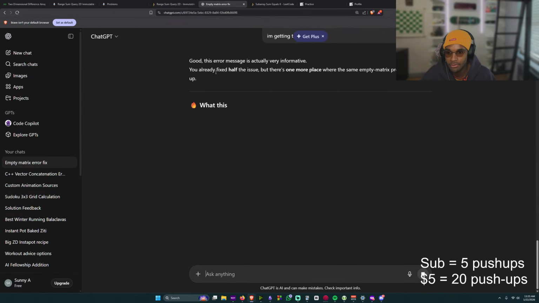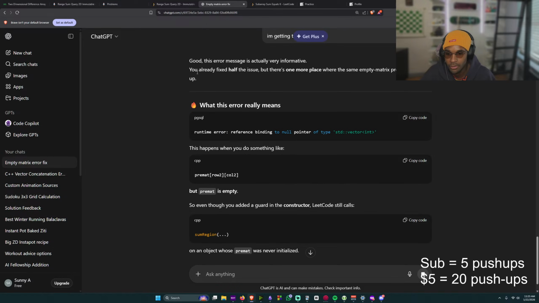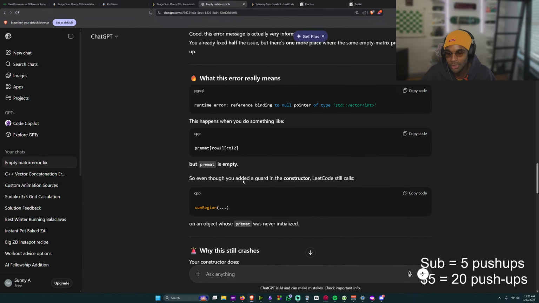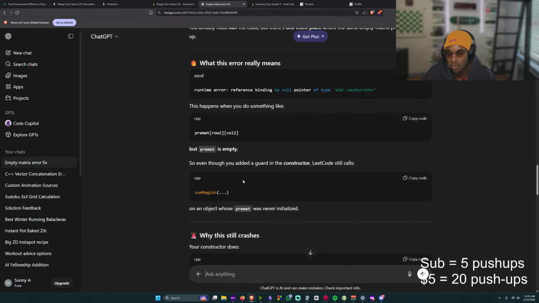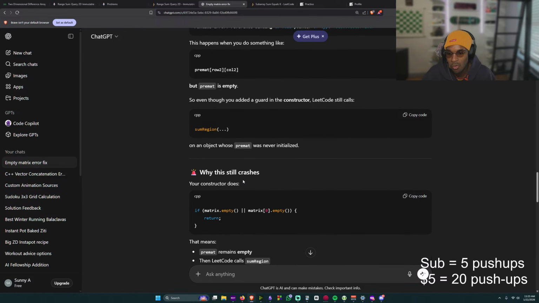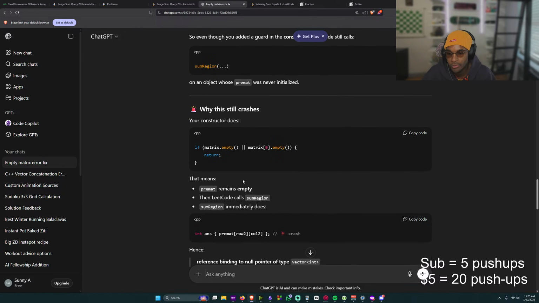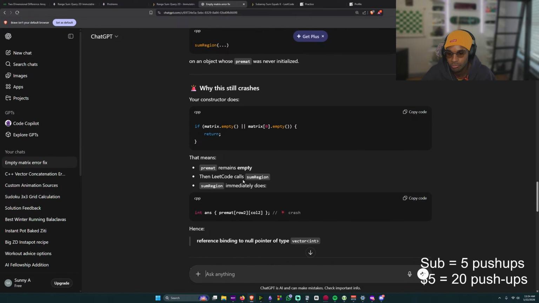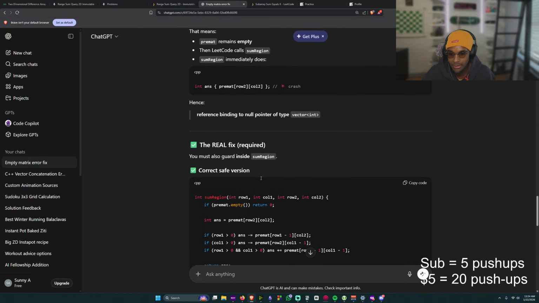This error message typically is very informative. This happens when you do something like pre-mat row 2. But why would pre-mat be empty? If pre-mat remains empty, LeetCode calls it, but it's not empty.